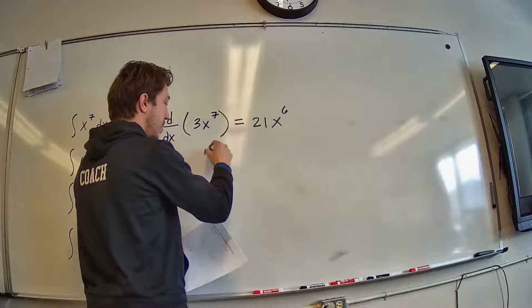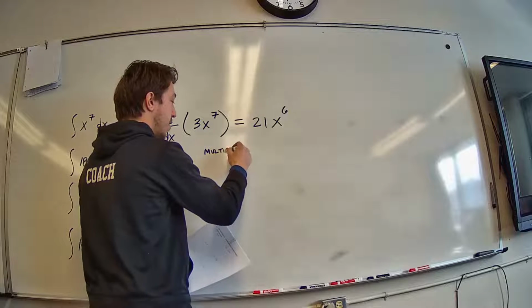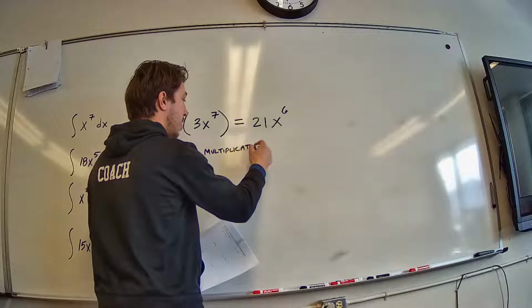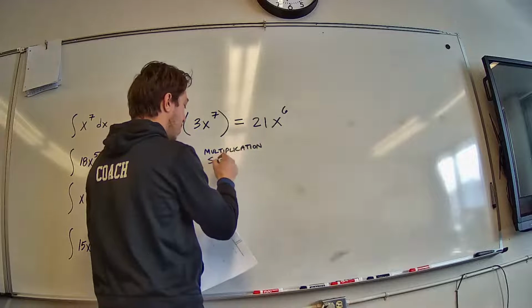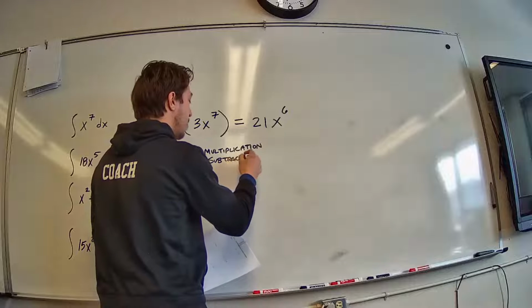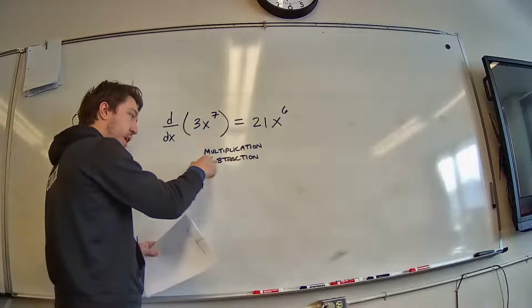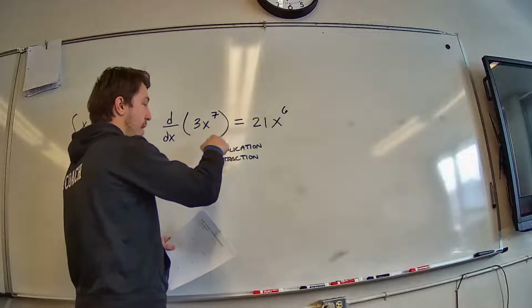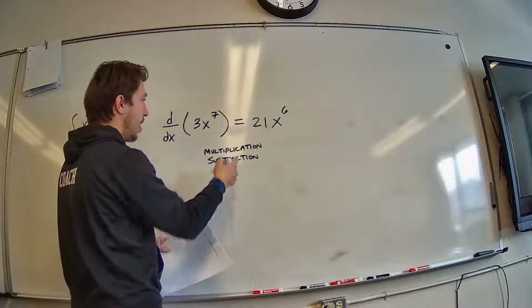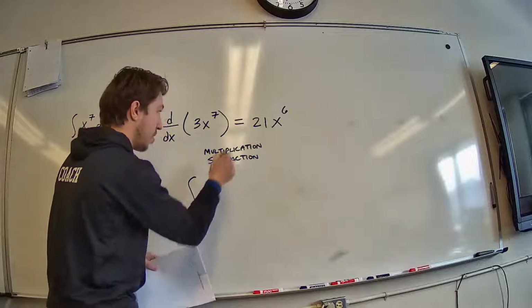So this involves multiplication and also subtraction. The subtraction is happening to the exponent, and the multiplication is happening to the coefficient. And so when you reverse that, you know,